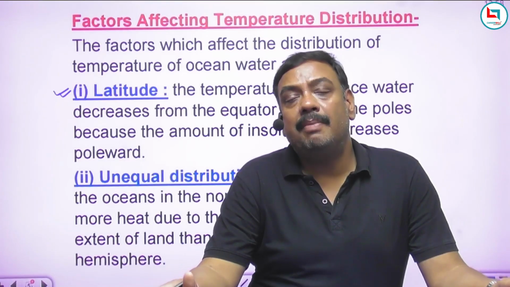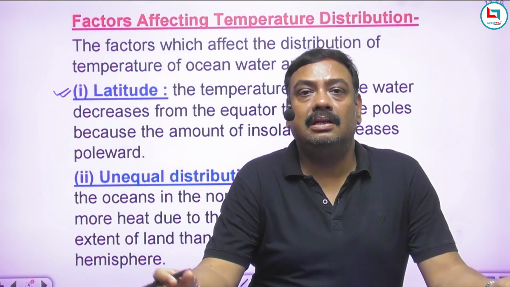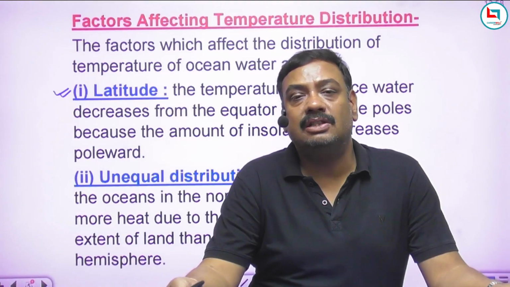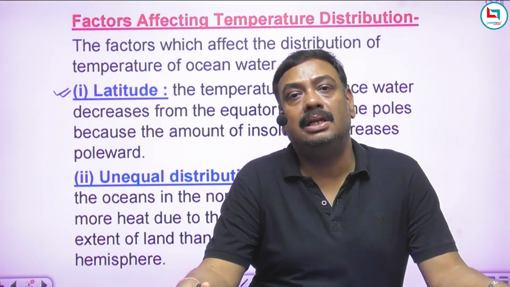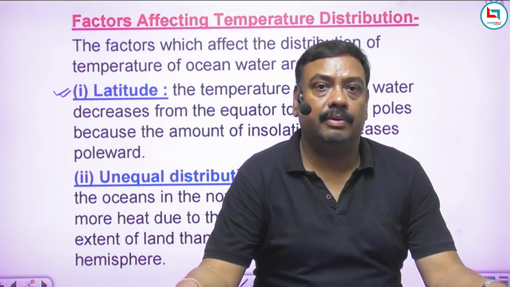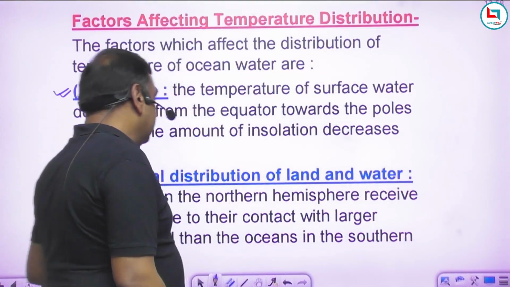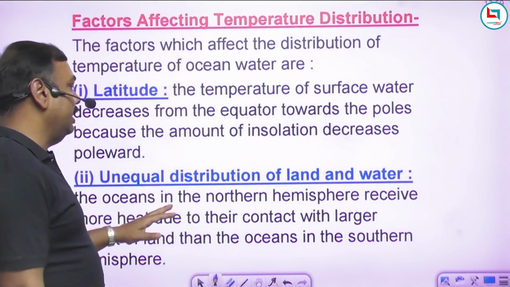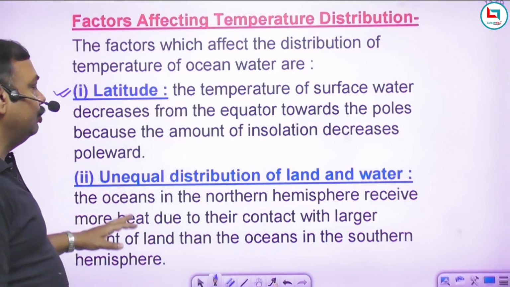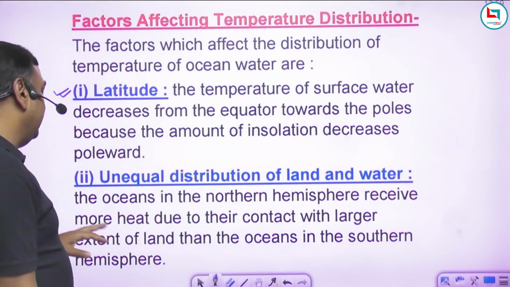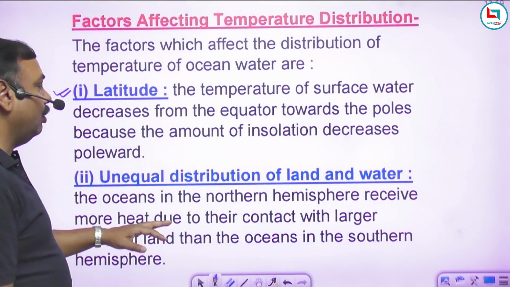So maximum coverage by the land surface is seen in the northern hemisphere and maximum coverage by the oceans is seen in the southern hemisphere. Okay. So what is written here? The oceans in the northern hemisphere receive more heat due to their contact with a larger extent of land than the oceans in the southern